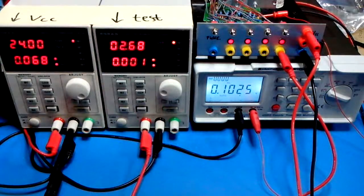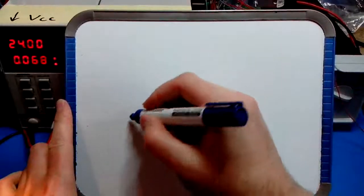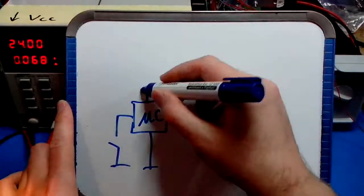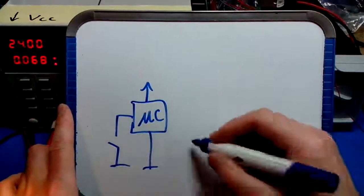Now let's talk a little bit about switch debouncing. If you have a switch, any mechanical switch, right? Focus. The microcontroller circuit in this box is basically this: a switch to ground, and the microcontroller has a supply power. If I press the switch, the switch is closed. What you see,